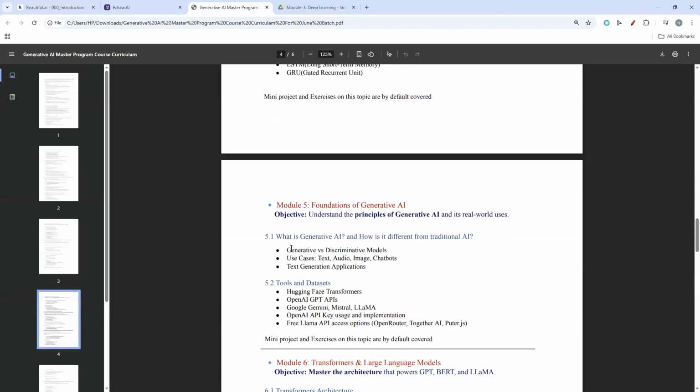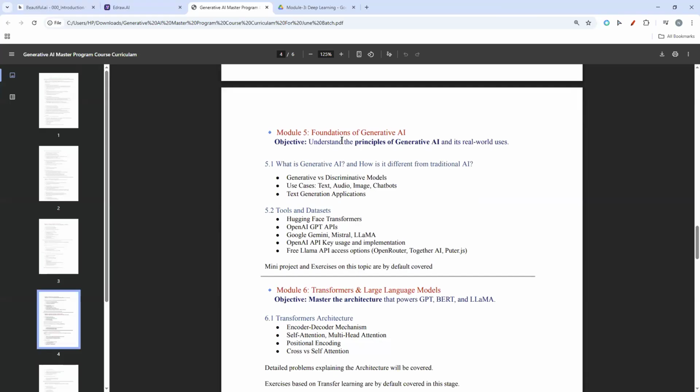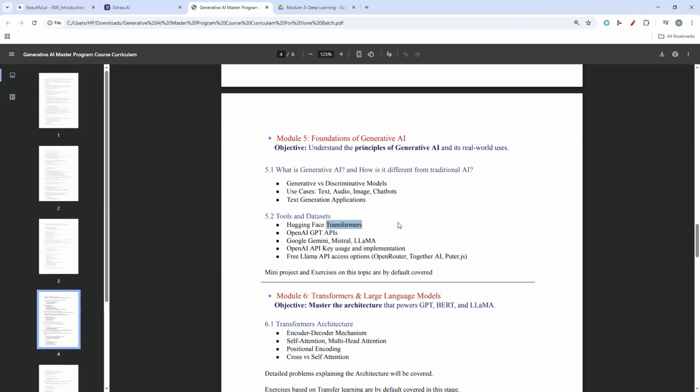And then we will be covering the transformers, the foundations of generative AI, where we'll cover the transformers part, which are nothing but the backbone of LLMs, right? So these are also deep learning neural networks. This gives you modern NLP.